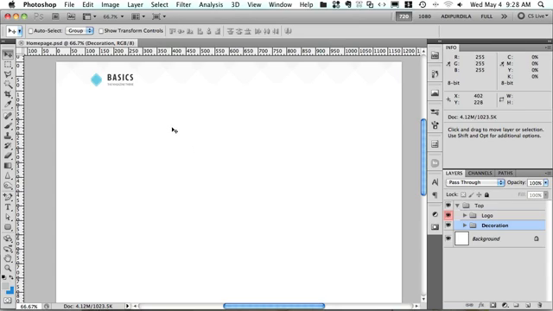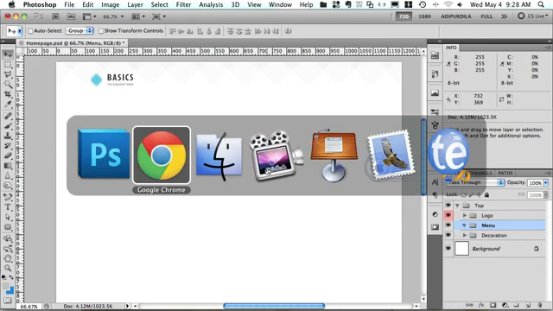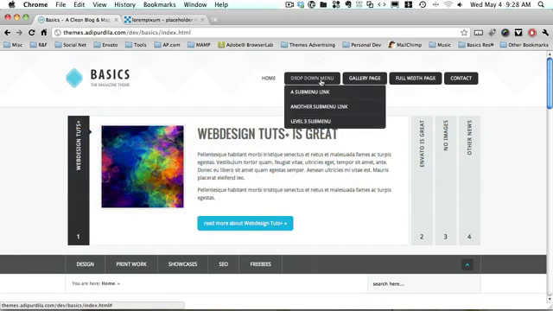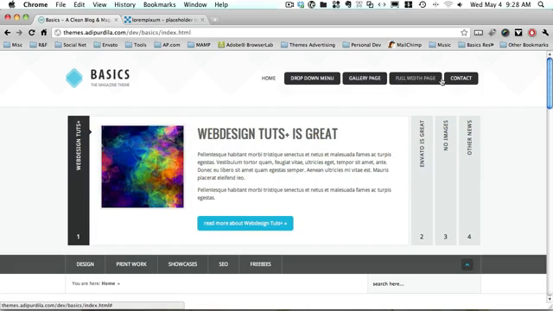we need to add the menu. So create a new group. Let's call this menu. And let's see what we have on our page. We have a home, drop down, gallery, full width, and contact. So